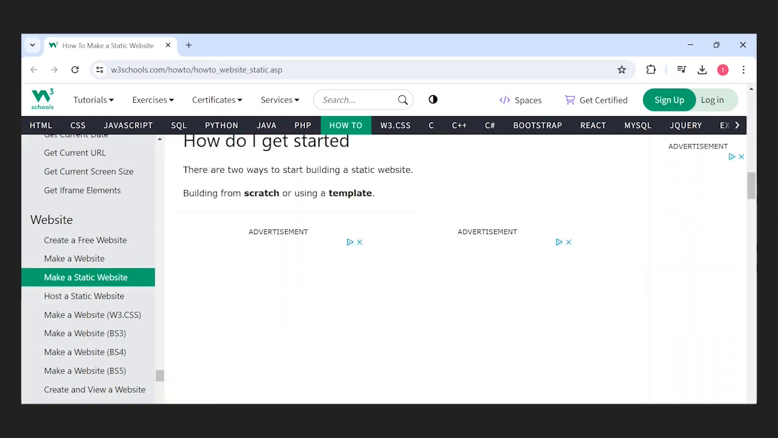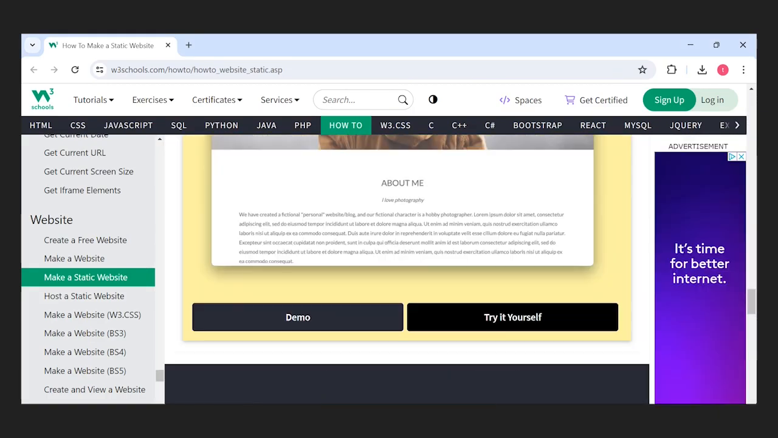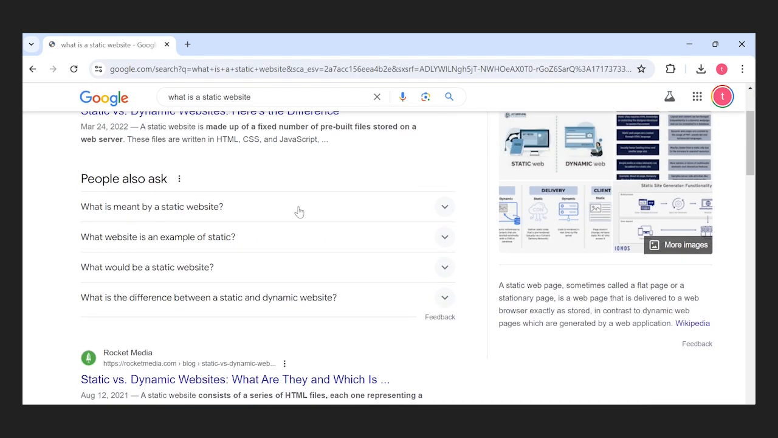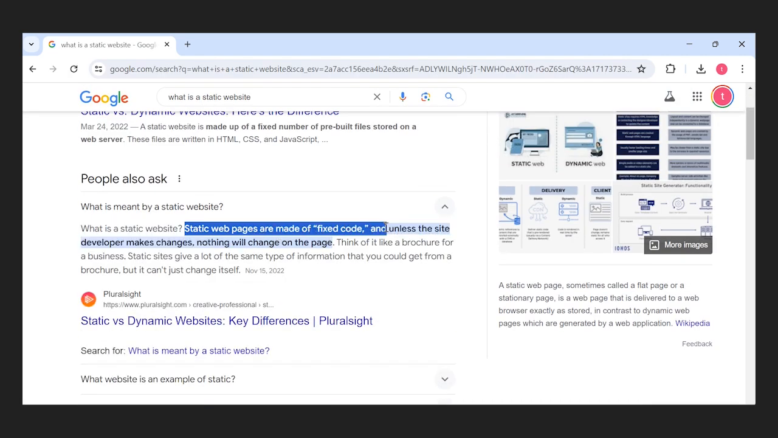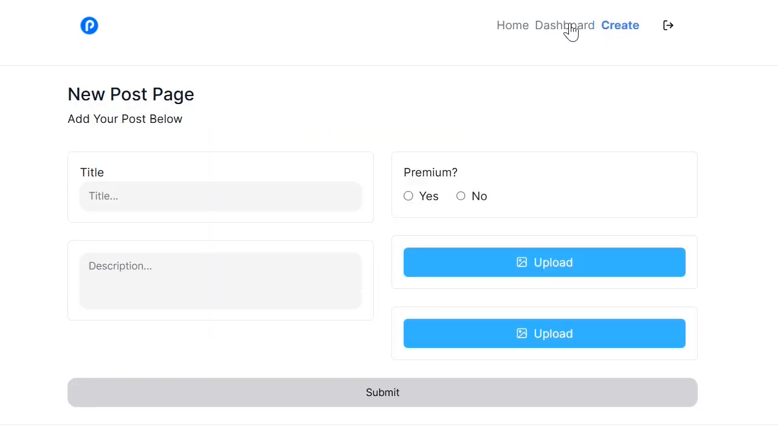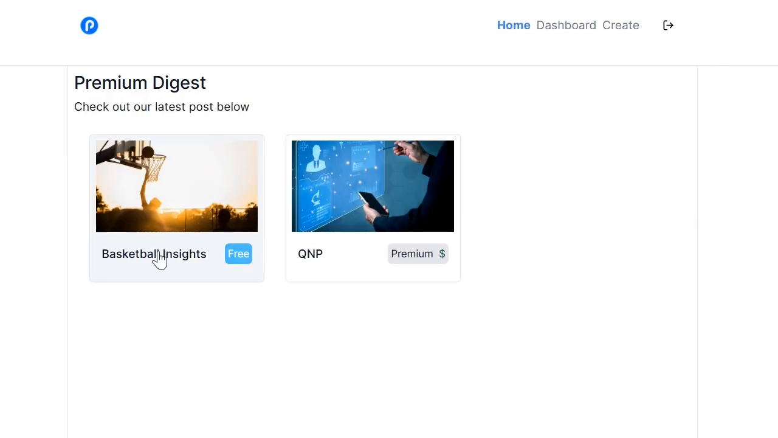One of the most basic types of web pages you can create is a static page. A static page is a page that doesn't rely on any data from a server. All of the content is hard-coded directly into the HTML. So when we take a look at our blog website, the Premium Digest, let's add an About page to the